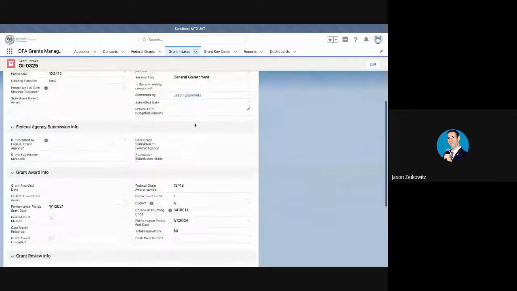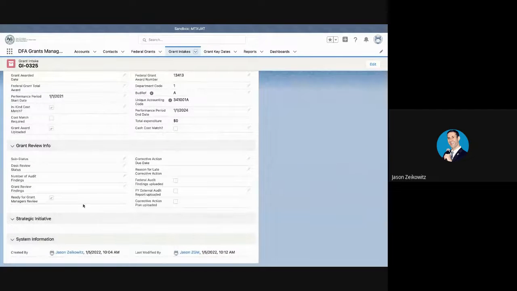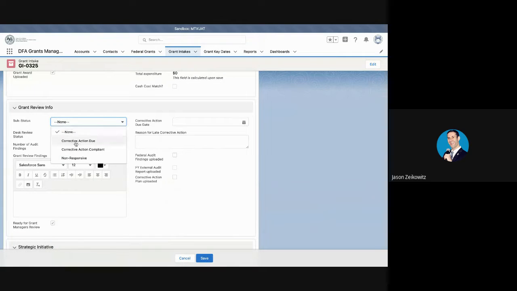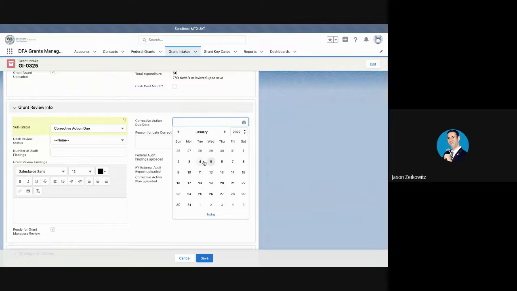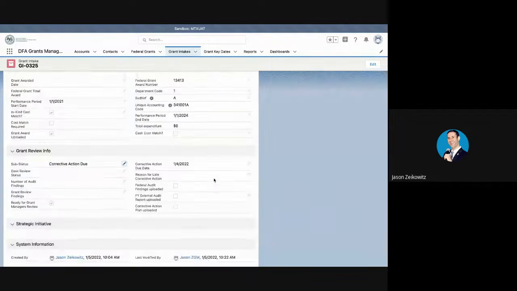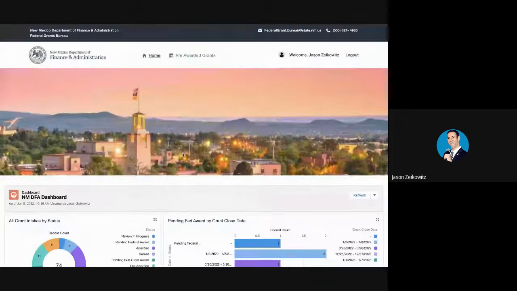So this one's also awarded. It's also under, so let's say this one also requires corrective action. So we'll say corrective action is due. We'll put this day in the past. So now for this one, for demo grant 4,